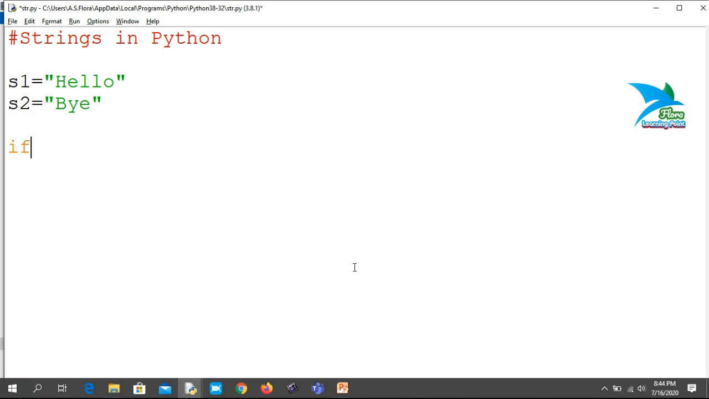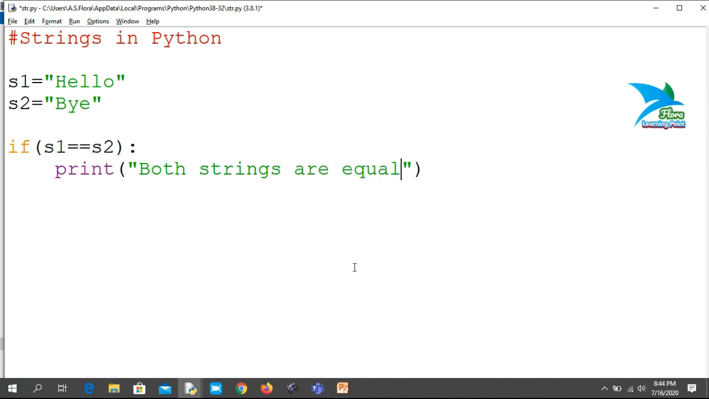So let's check how to compare two strings with each other. We have two strings, s1 and s2, and I want to compare them. Then I'll use if s1 equals, the double equal symbol is used for comparison. Then print whatever you want. I'll print both strings are equal,